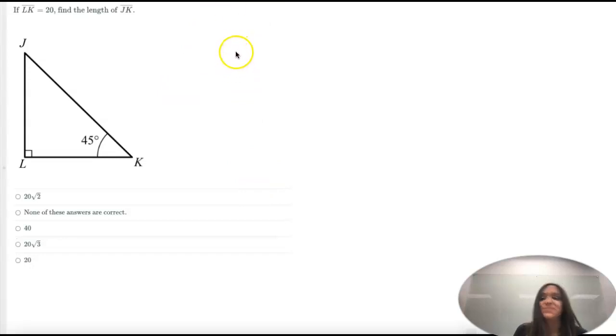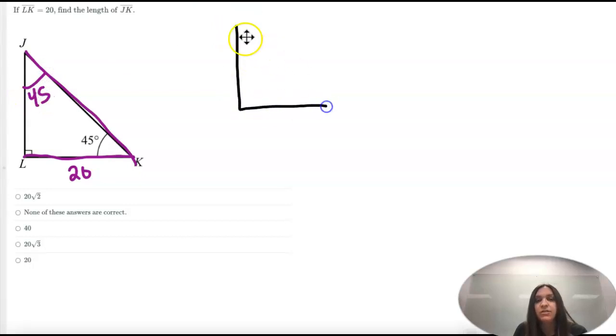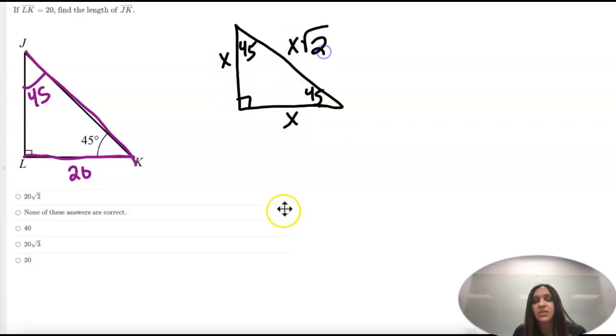This is the last one. Sorry. All right, so L to K is 20. Find JK. So 45, 45, 90. Here's our general triangle. So these sides, the legs are the same length, and then you take that leg times the square root of 2 to get the hypotenuse. So if this is 20, this is 20,